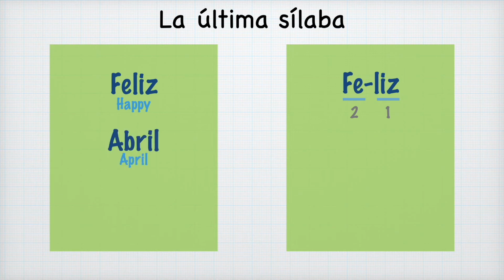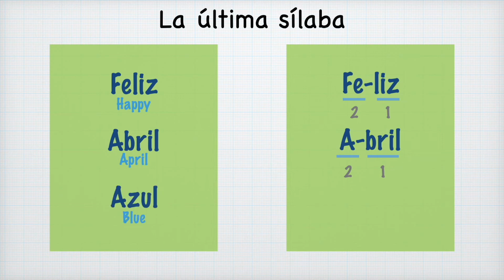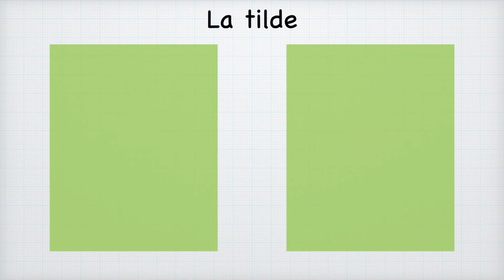We have abril. It means April. And again, it has 2 syllables. And the stress is going to be on the last one, which would be number 1. Abril. And then we have azul. It means blue. And again, it has 2 syllables. And we're going to stress the last one. Azul. And again, here we will use the tilde or the accent when we don't want to follow that